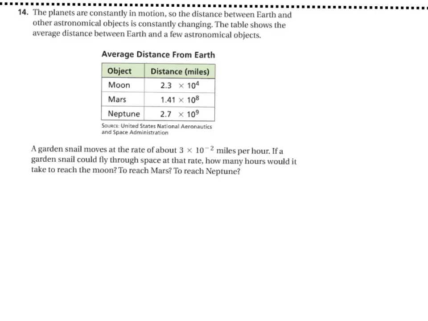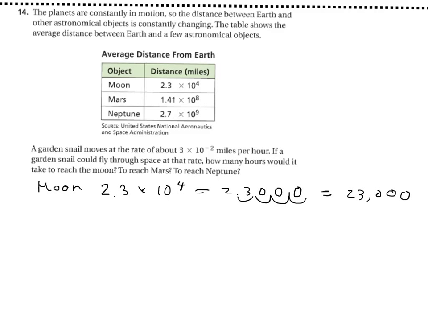So let me do the moon. So the distance between those two will be 2.3 times 10 to the 4th power. That means 2.3, and then move the decimal 4 times. So 1, 2, 3, 4. So it's 23,000 miles. And then the snail moves 3 times